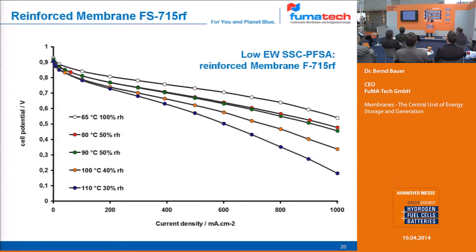So what you see here, forget about the total performance, because we are working with standard electrodes. For us, it's not to optimize the MEA in a sense to have the highest performance on the MEA level. For us, it's to get the most reproducible electrode to compare all our different membranes. So we use the same electrode technology for the same membrane. But what you see here,